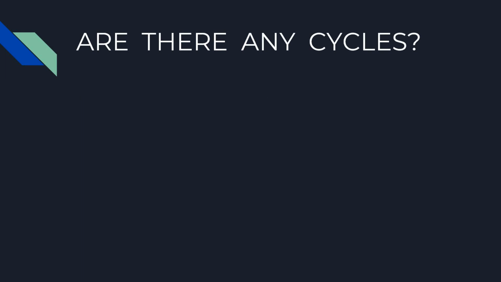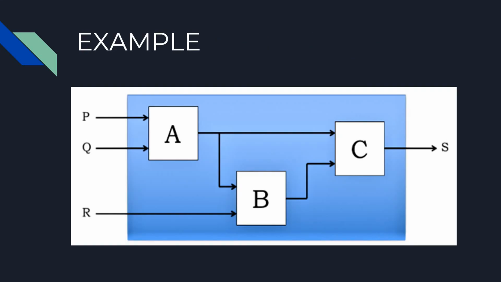Are there any cycles? No, there are no cycles. You can see that the input passes through each combinational device and reaches the output at most once. So there are no cycles. Finally, we can derive the system's propagation delay TPD using the TPDs of the components. Since there are no cycles, we can enumerate the finite length paths from the system's inputs to outputs. Then we can compute the TPD along a particular path by summing the TPDs of the components along the path.